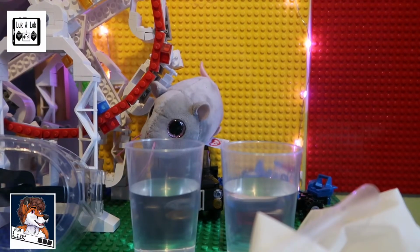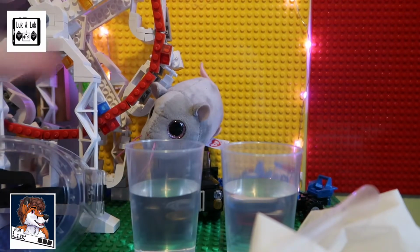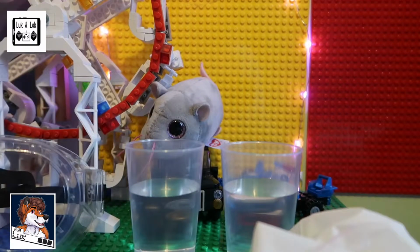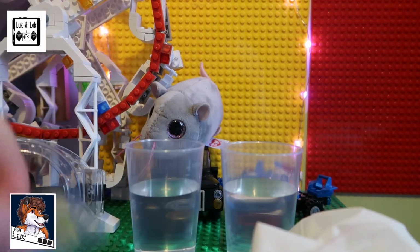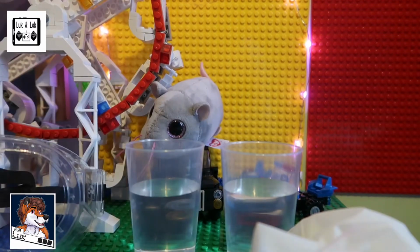Hello, it's Luke here and welcome to a very hectic looking set. We are going to do an experiment here. So what we've got is some protective goggles, protective gloves, two large measuring cups half filled with water, a wooden spatula, some pH testing strips, pipettes, somewhere, there we go, pipettes. Here we are, pipette. Wooden spatula, some bicarb of soda,